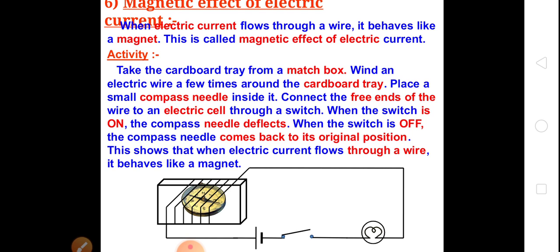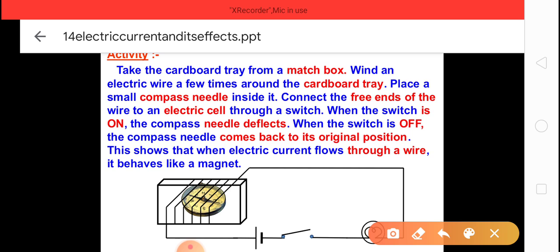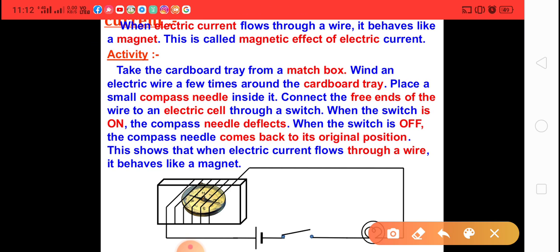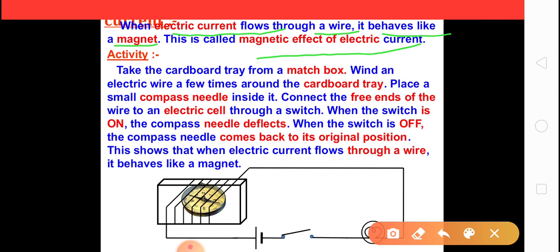Okay, clear about this? So children, magnetic effect of electric current. Children, when electric current flows through a wire, it behaves like a magnet, and this is called the magnetic effect of electric current. Okay, I repeat once again. When electric current flows through a wire, it behaves like a magnet, and this effect is called the magnetic effect of